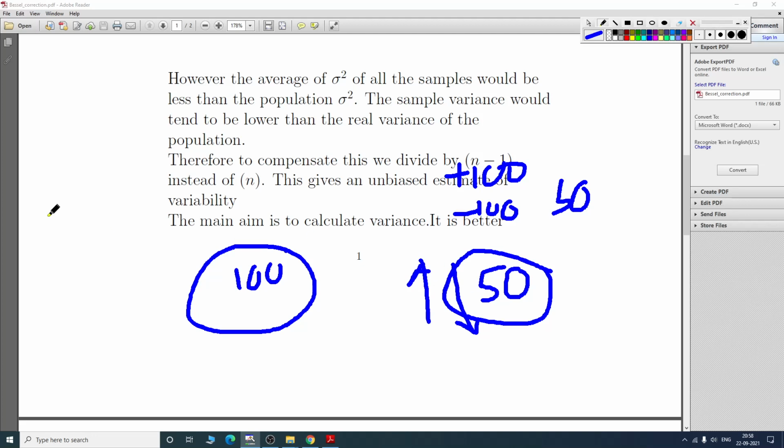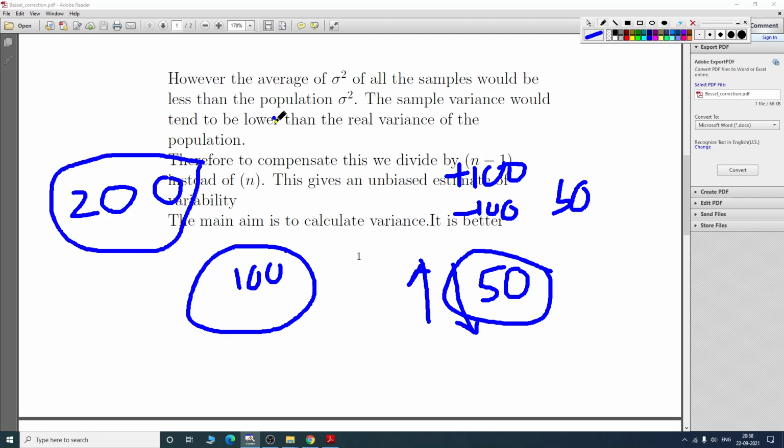But if I tell you the volatility is 200, you will be extra careful if you are trading with the stock, because the stock can go down by 200 points or up by 200 points. So if we get a variance which is lesser than what is actually the case, then our inference will be different and we will fall into a trap. If we have a greater variance, it's not a problem for us. So to keep the variance greater and near the population level, we divide by n minus 1.